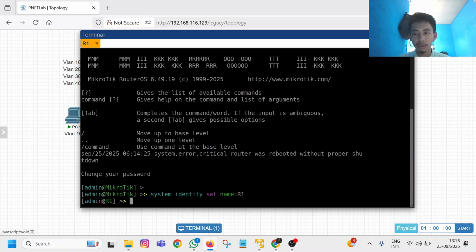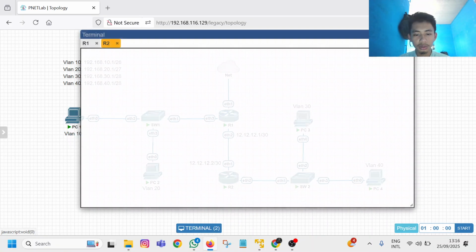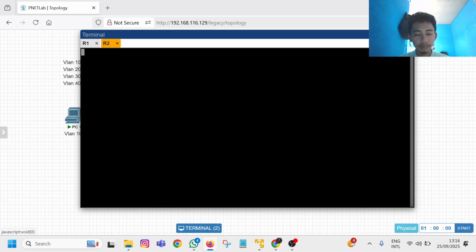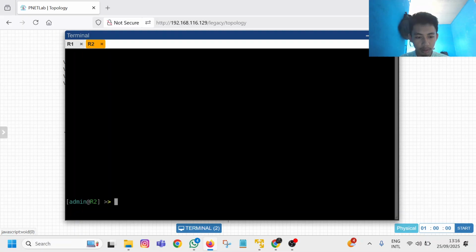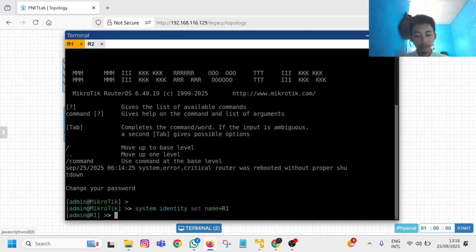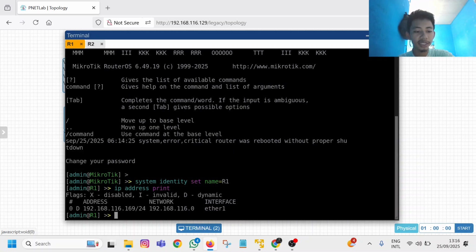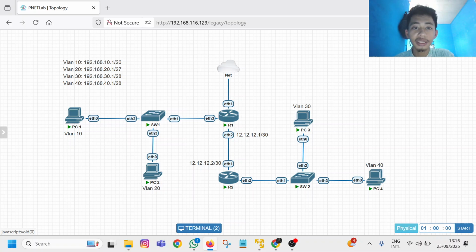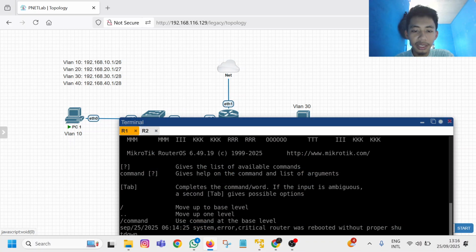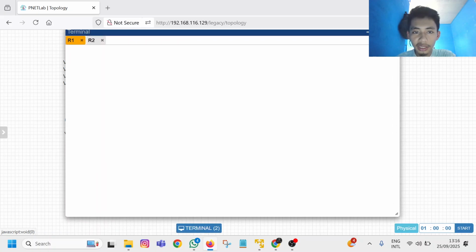On this one, go back to the router. Okay, now let's see if we have the IP that we get from the internet. As you can see, because my router 1 is connecting to the internet, it obtained the public IP of the internet.